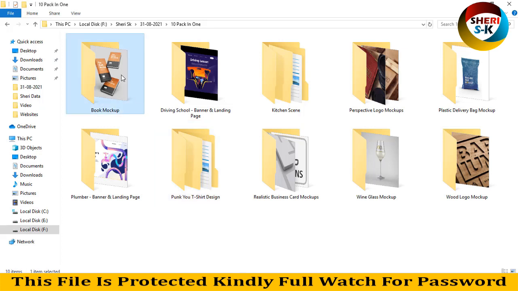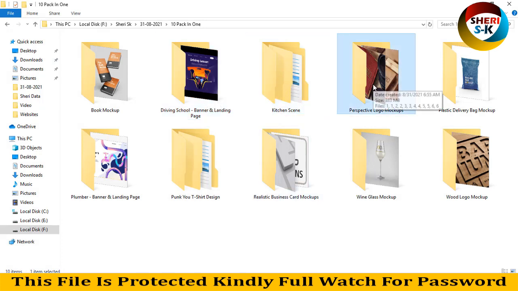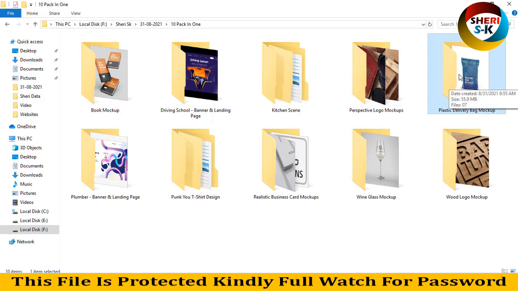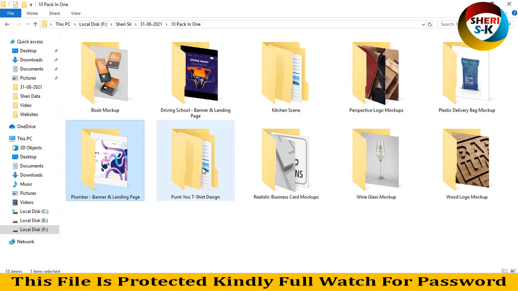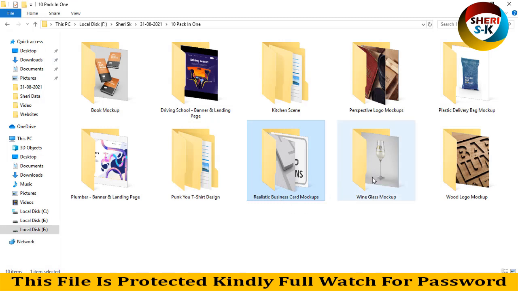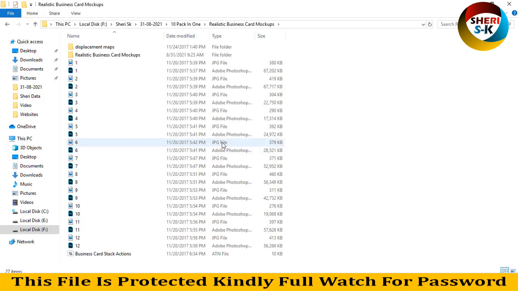Here is a book mockup, here is a driving school banner and landing page, here is kitchen scenes, here is a perspective logo mockup, and here is a black stuck delivery bag mockup, and here is a plumber banner and landing page, concrete t-shirt design, and here is a realistic business card mockup, wine glass mockup, and wood logo mockup. So you see here